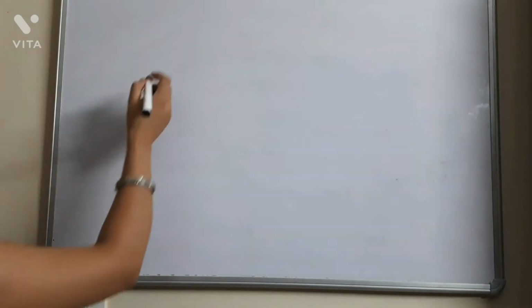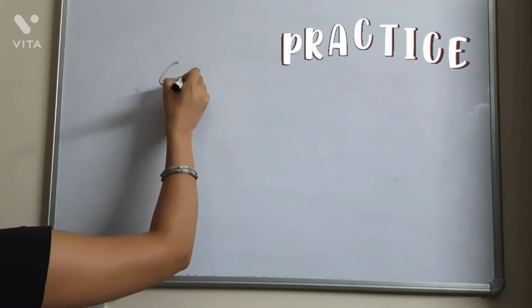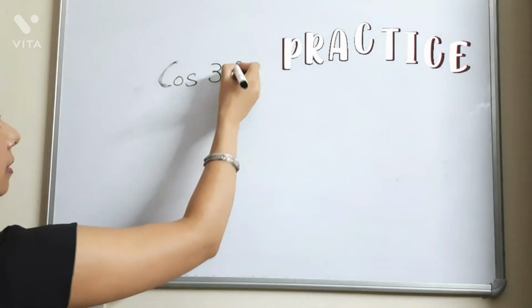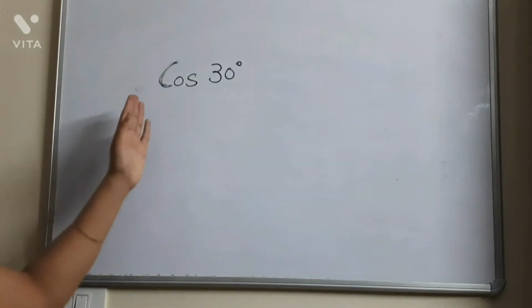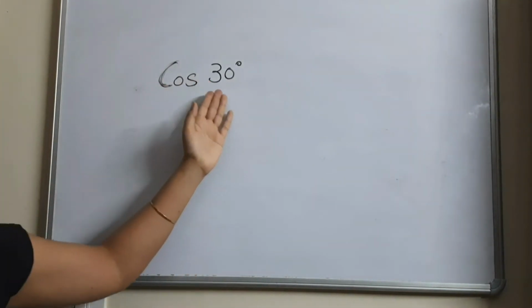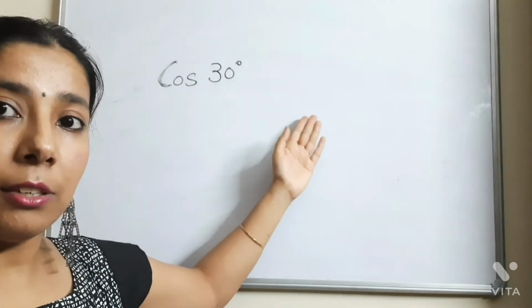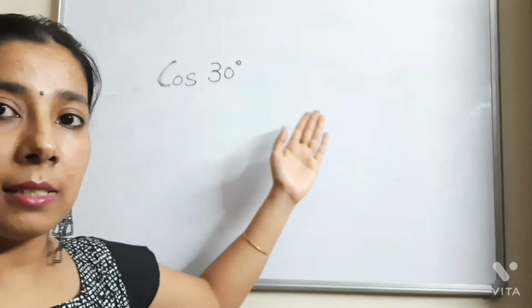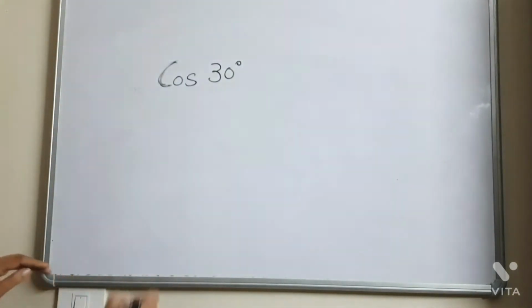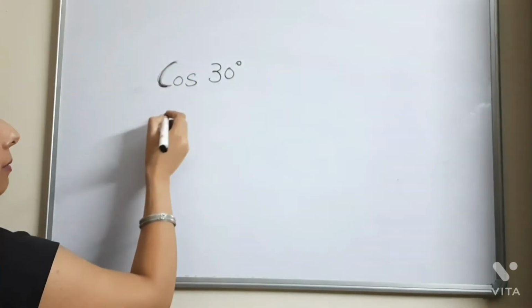Suppose I am given cos 30 degree. Fine. So this is cos 30 degree. This is some trigonometric ratio cos, that is cos 30 degree. And if in some question you want to change it into sine, because cos makes a complementary pair with sine, so cos can be changed into sine. And how will you see that it can be changed into sine? Then write cos in the form of sine.